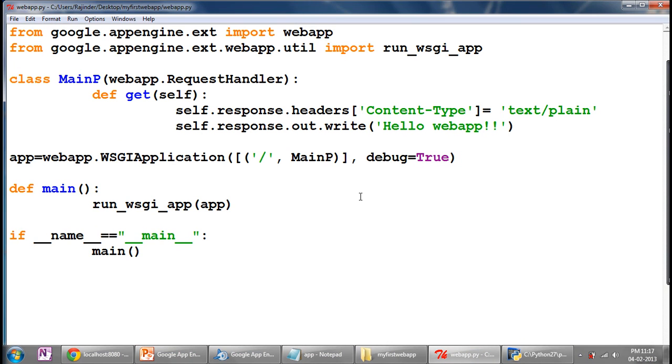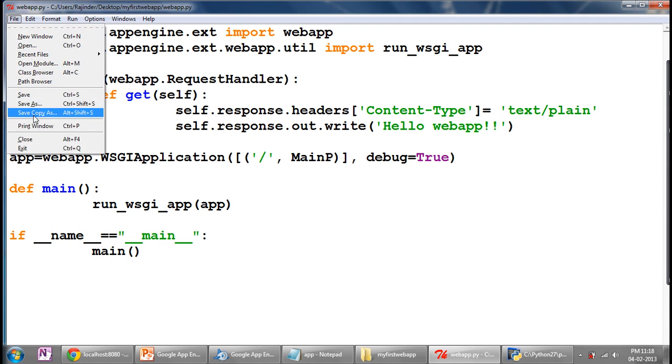Okay, now in the third part we will learn to use the users package provided by Google App Engine in the webapp framework. This users package is very useful. We can use this package to create our new users, their nicknames, login buttons, logout buttons. Now we will see how to create different users.